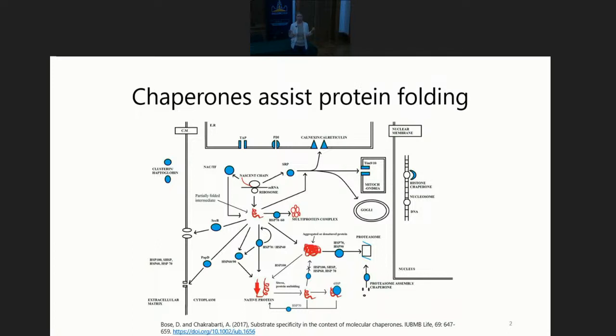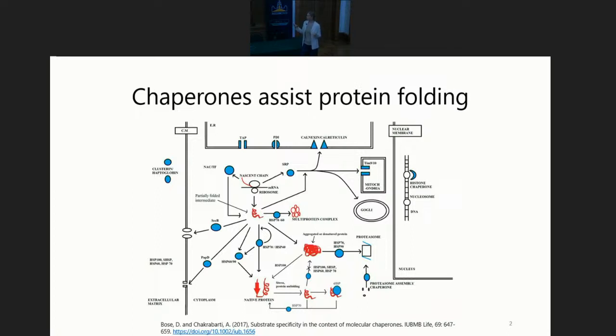But the current understanding is that the protein does not have to solve this problem on its own. It has many assistants in a cell, called chaperones. Here on this picture, you can see many members of them. The chaperonins are just one of the many subfamilies of these chaperones. They are also called HSP60, for heat shock proteins 60.